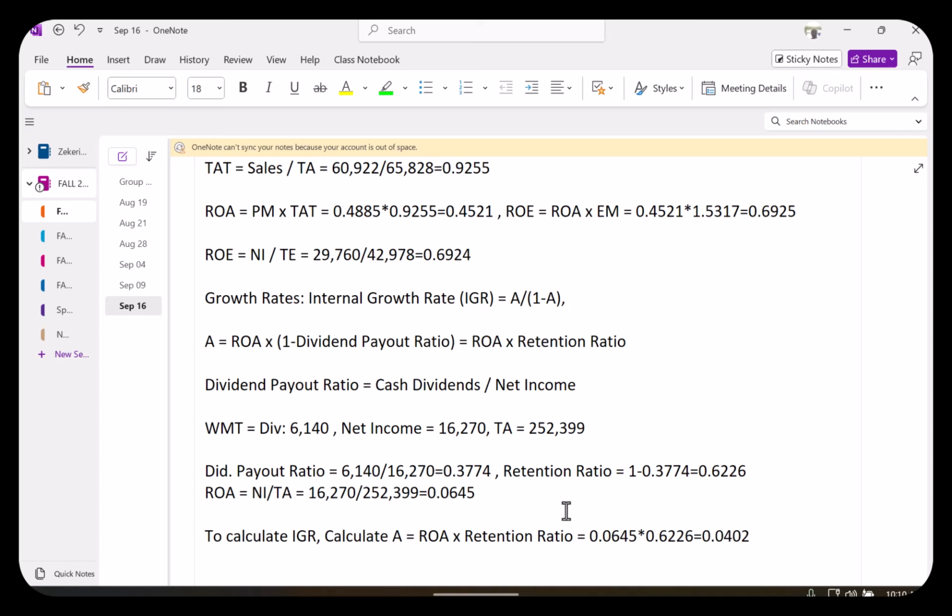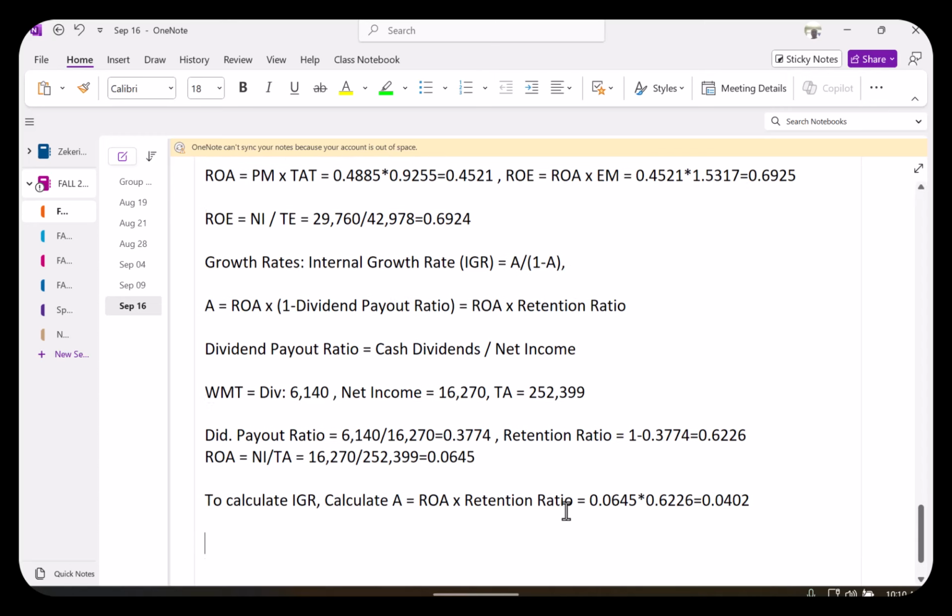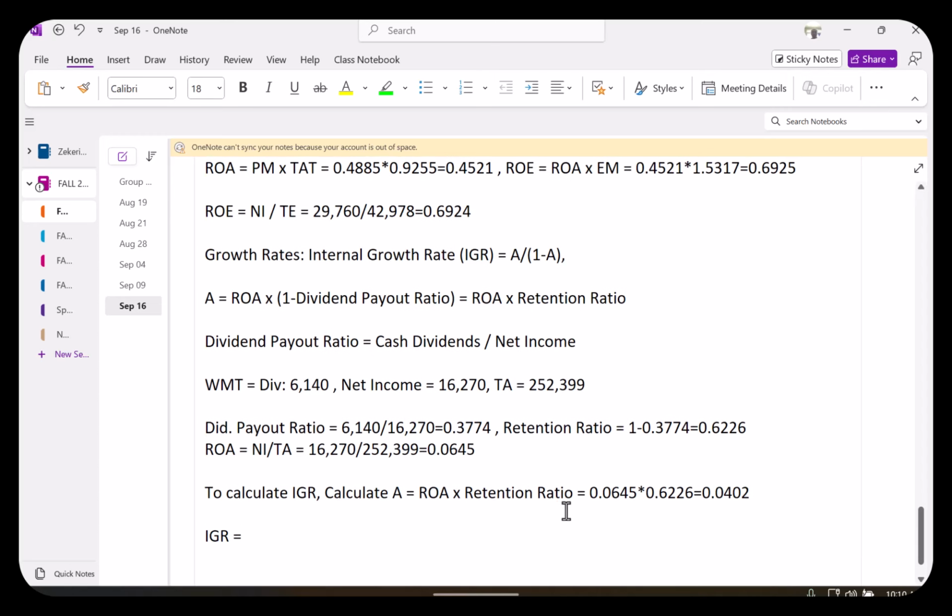So that's 0.0442, or 4.19%. Now, the way to interpret internal growth rate is